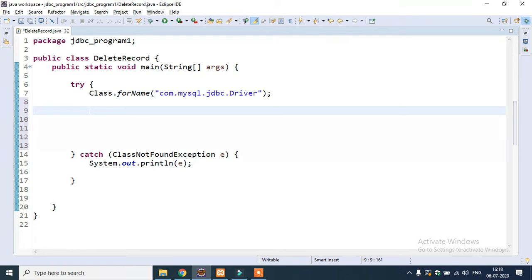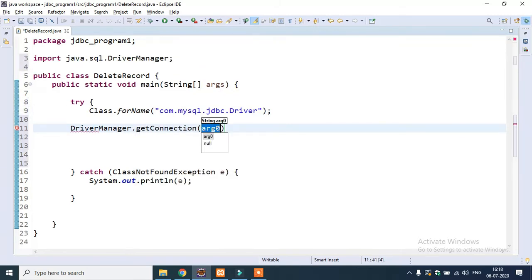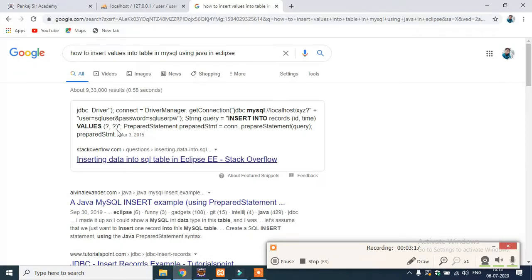Let's start with the second step. DriverManager.getConnection. Let's give here jdbc:mysql://localhost/ and first let's see what the database name is.